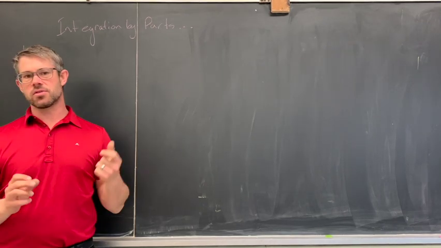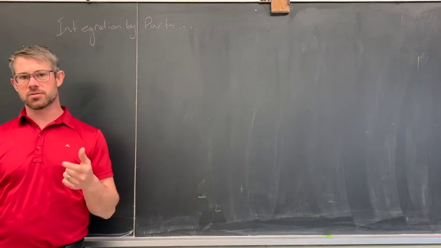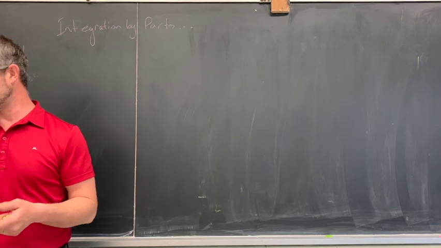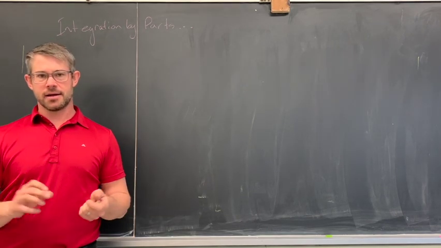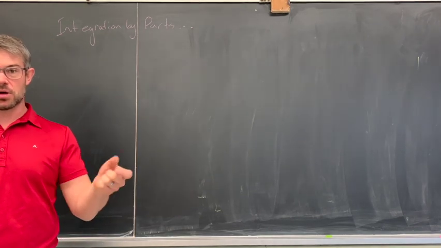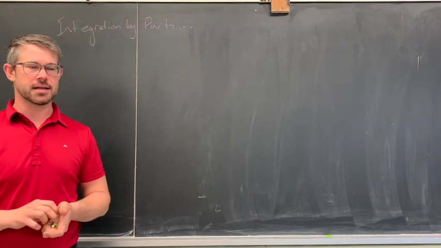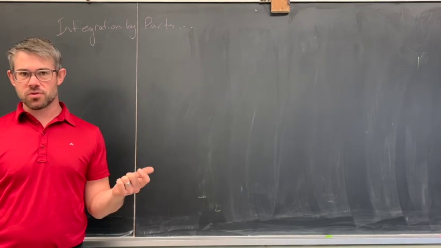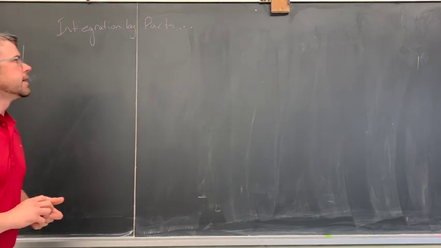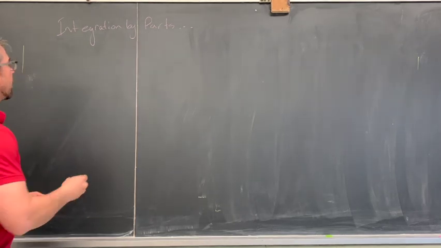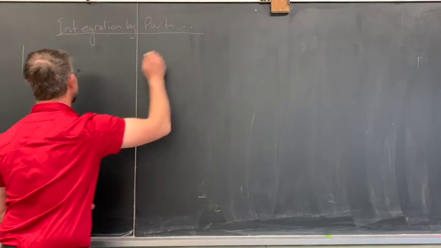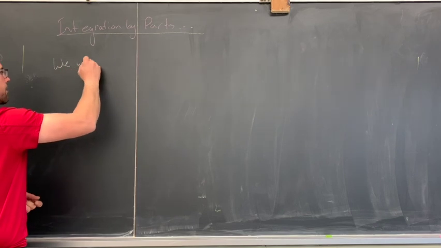Now, we've already seen the u substitution as a way to handle a chain rule situation. So if you have an integral that is the result of a chain rule in a derivative, then you can use a u substitution to reverse that. Integration by parts takes care of actually a different type of problem. So we use integration by parts